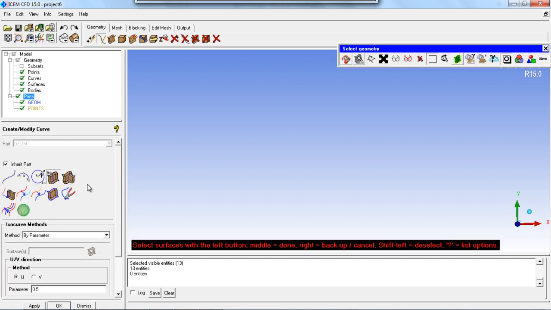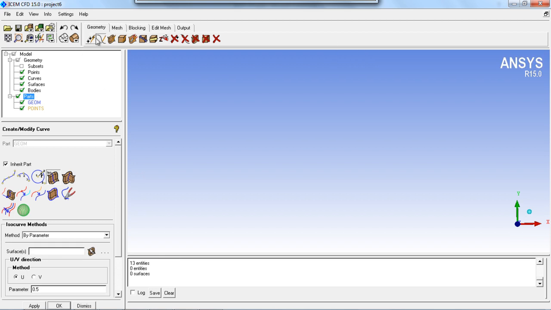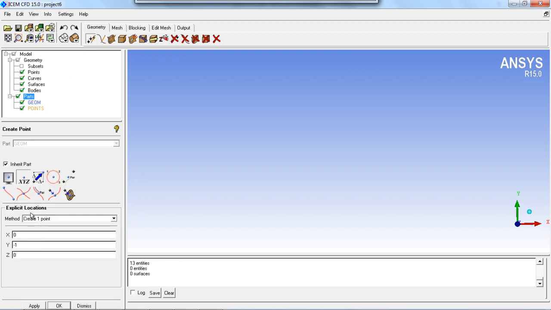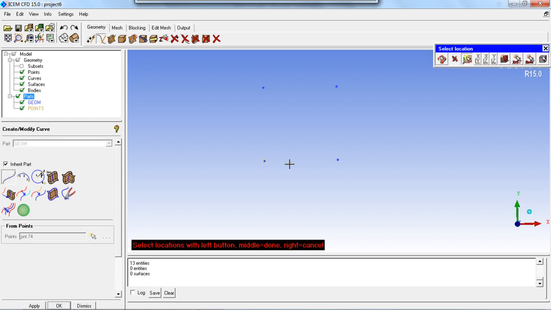Okay, now I want to get the iso curve over here. Let's say I'm going to create one square, and get all the curves.